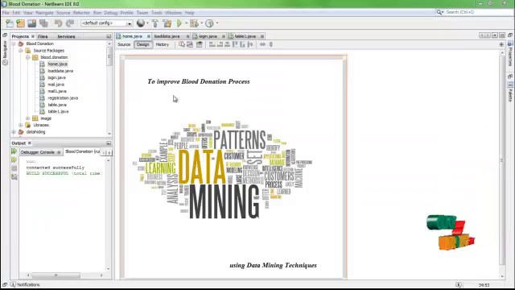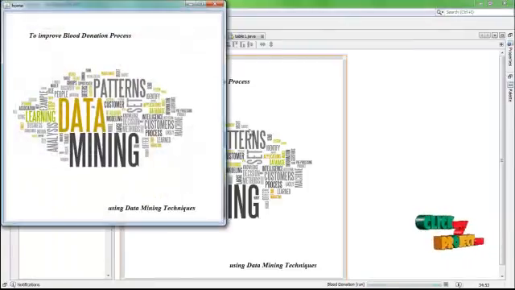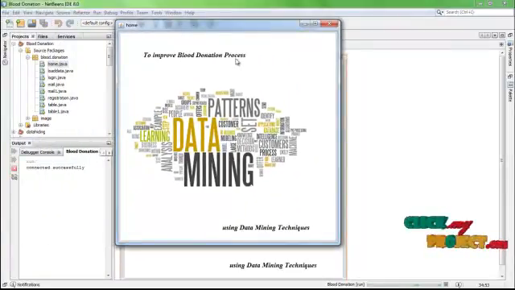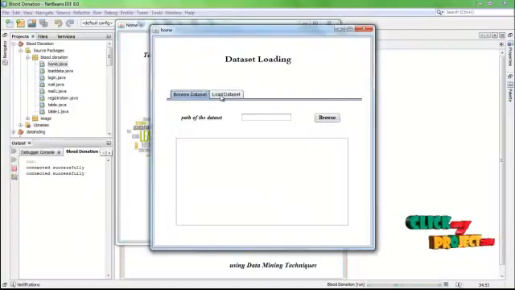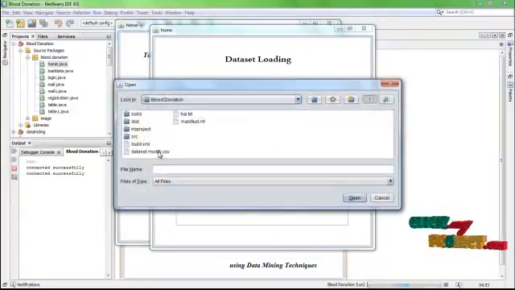Our project demo: to improve blood donation process using data mining techniques. This is our home.java. Right click on it and click run file. This is our home page for improving the blood donation process using data mining techniques. Click on the page and it shows the datasets loading page. Click browse and choose datasets. So the dataset